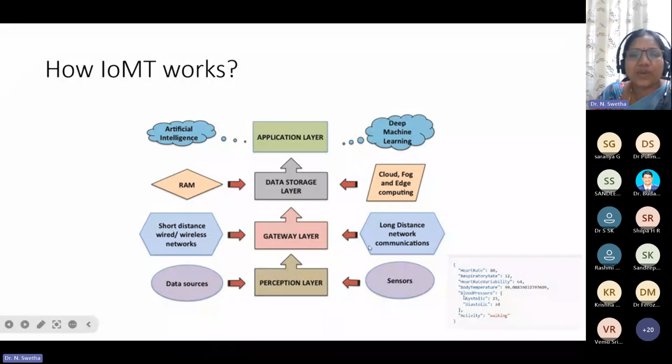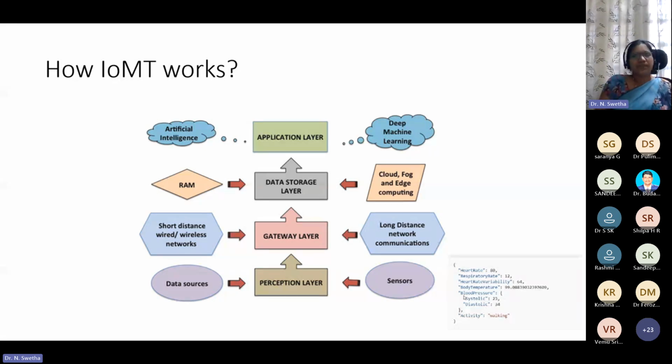Once it is done, the next one, what I told was the gateway. That is a network. So here, when you get the data, the other challenge is which network it is being connected to. Is it direct communication, or do you want to send images? Sometimes it's not only the data, you have to send images. That's why all these electronic medical records, EMRs, have become popular. Many companies, software as well as hardware companies, are working on them. So they have their